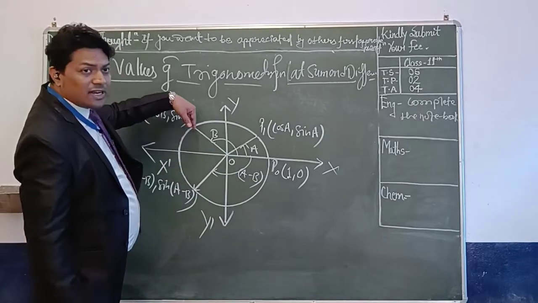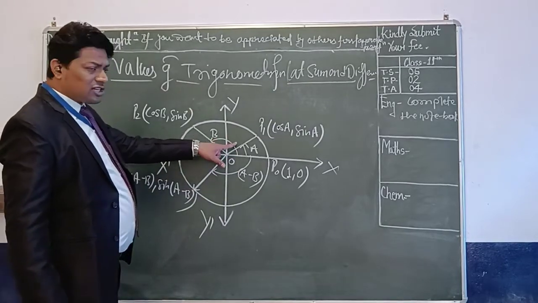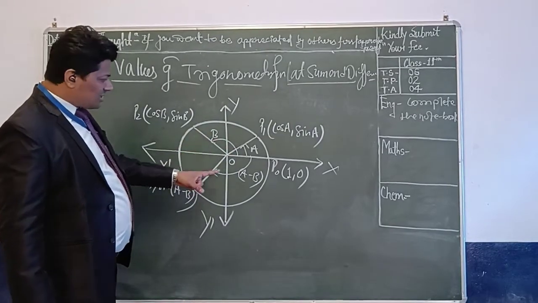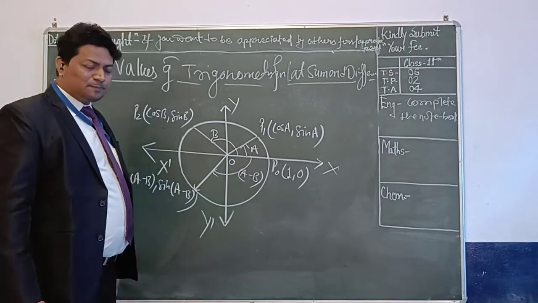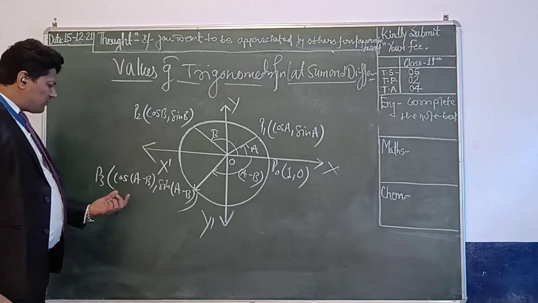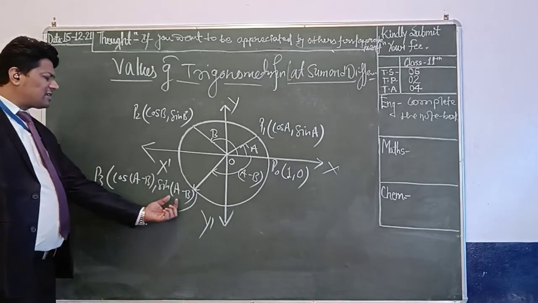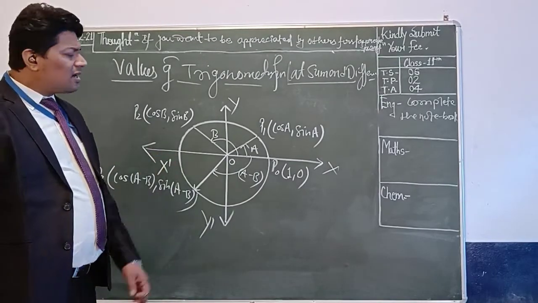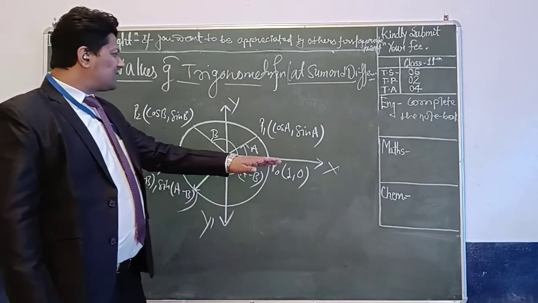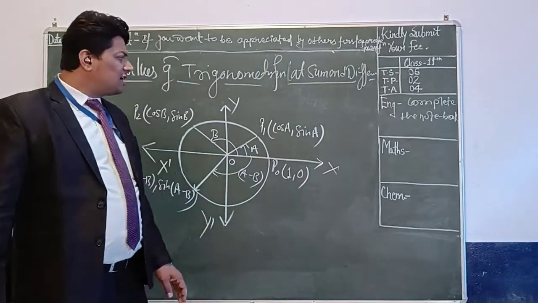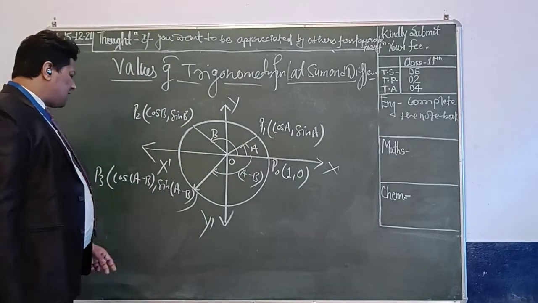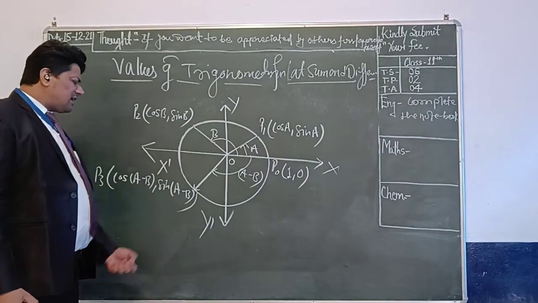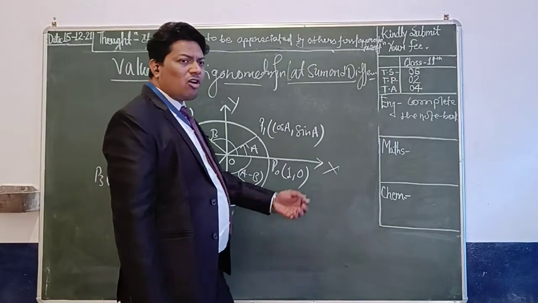Here the rotation is going like this. Is it clear? First the rotation is here, second the rotation is here, and then the rotation is here. Here the angle is a minus b. So for this point, you can write cos(a minus b) comma sin(a minus b). Is it clear? Now this one is the x-axis and this one is the y-axis. This one is cos a comma sin a. This one is cos b comma sin b. This is cos(a minus b) comma sin(a minus b). And this one is the point 1 comma 0.